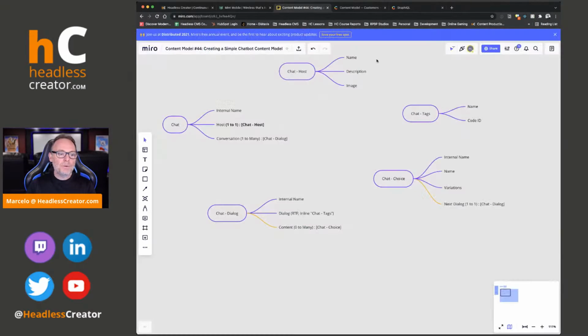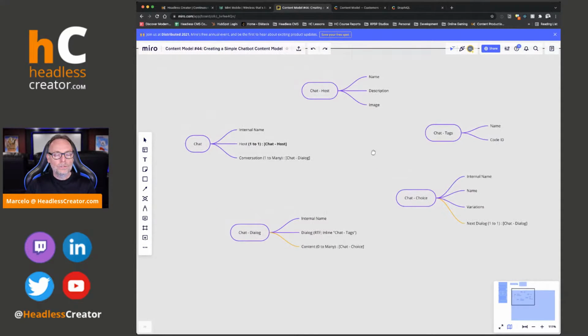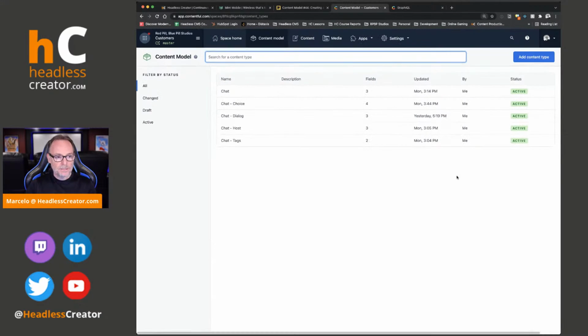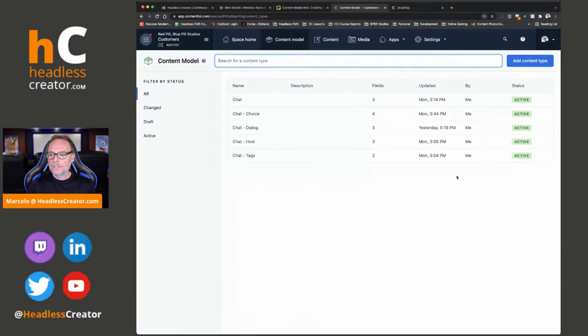All right, I think we have a good content model here that we can now jump into Contentful and look at it in actual practice there. So let's jump into Contentful, and of course, by magic, it's all there. Let me make this a little bigger. I think that's probably a little bit better. So you can see here's